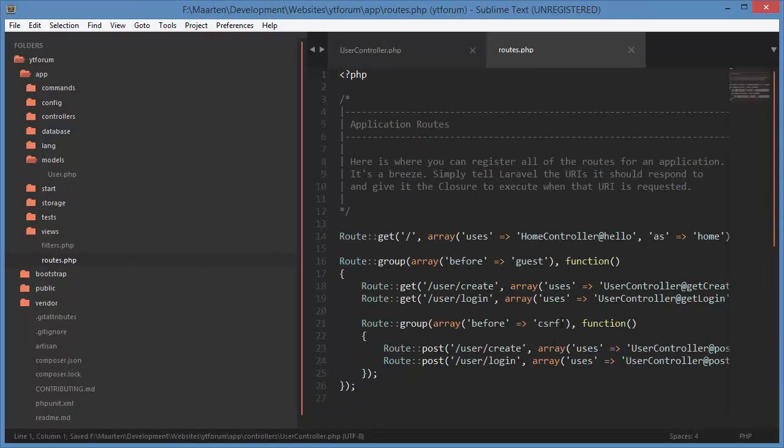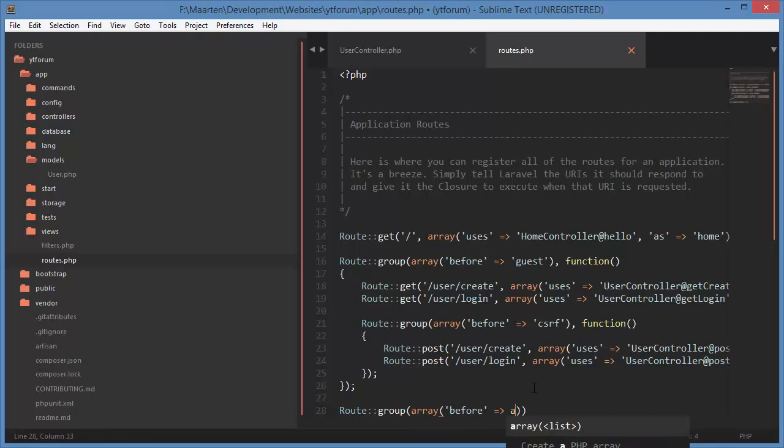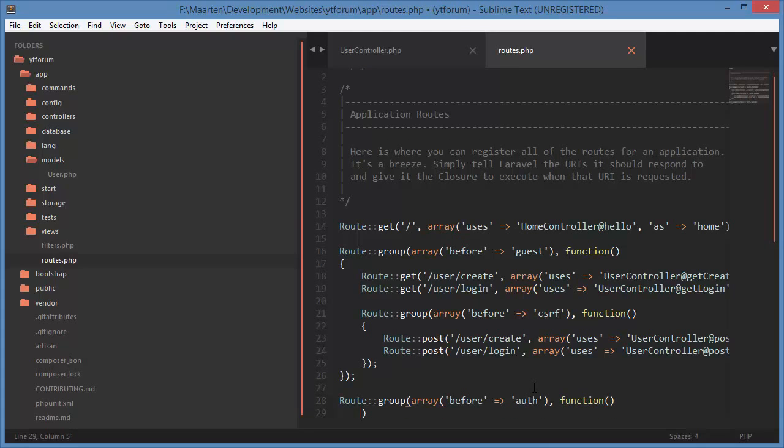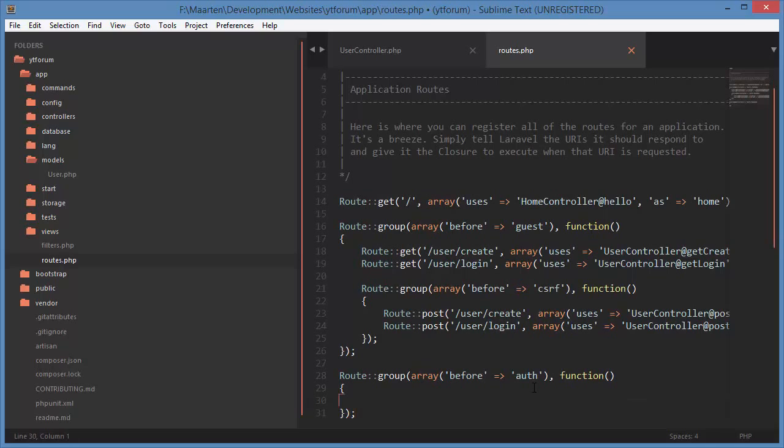Then we want to go to the routes file, and well, this is going to be our first route where they have to be logged in. So routes group, and then the array with a before auth and the callback function like so. So instead of them having to be guests, they have to be logged in to get any of these routes. And we want to do route get